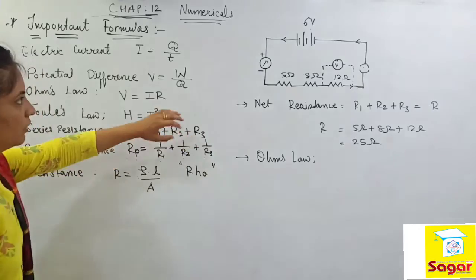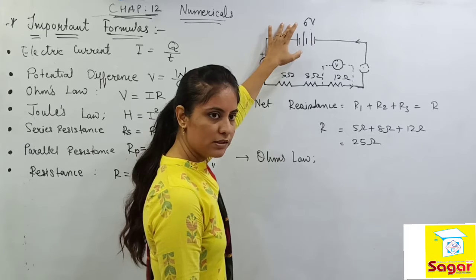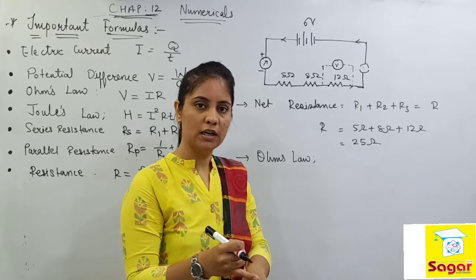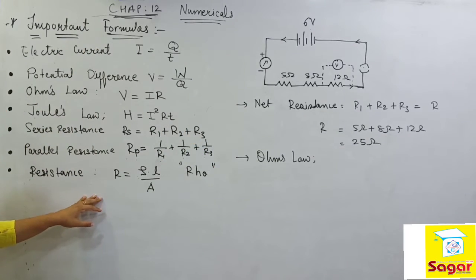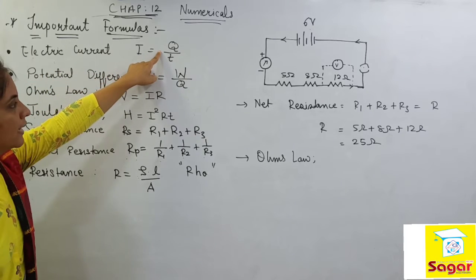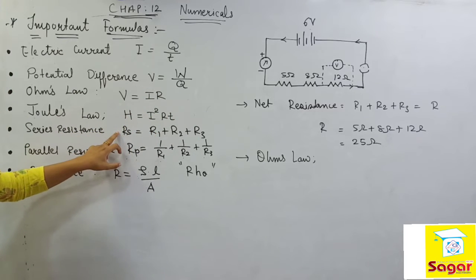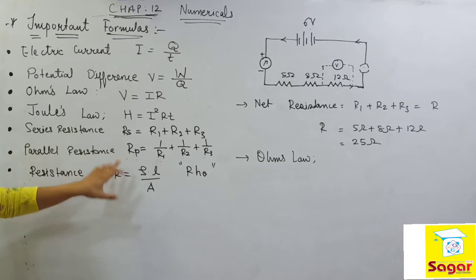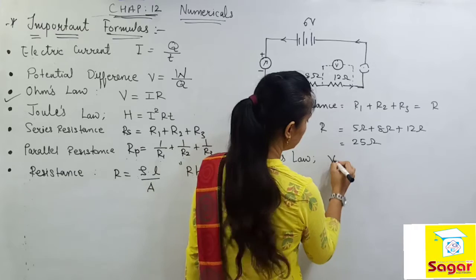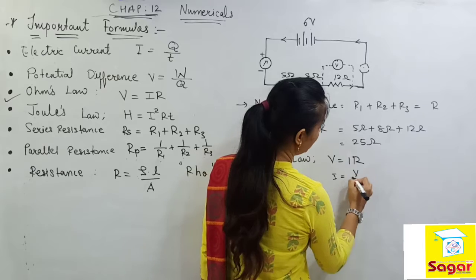You can also see here, everyone, what values are given in your question. You have the amount of voltage, you also have the value of resistance. So they are asking to find out the value of current now. Out of these, which formula can we apply over here? You can see clearly this one will not work because it asks for charge. This also is for work done and charge. This one we can use. This is for the heating effect, this is series, parallel and resistance. So out of these only this is the formula we can use to solve the next one. So V is equal to I into R. So I is equal to V by R.